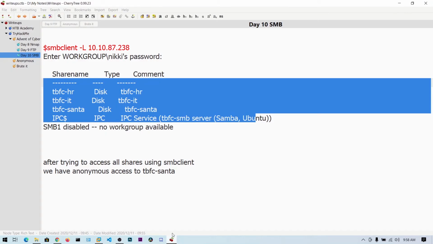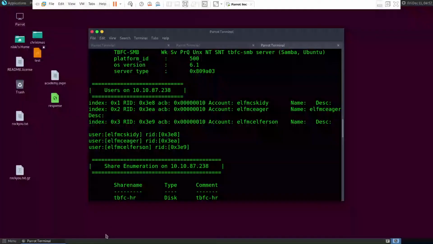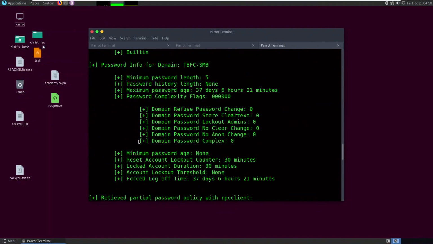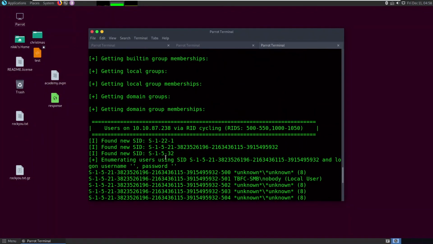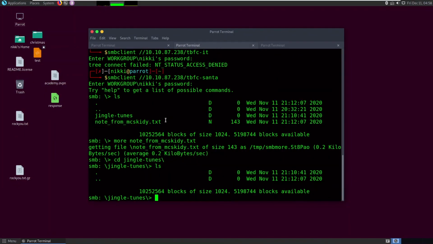Now let's just quickly finish our notes. You will get much more information using enum4linux, and I highly advise using it.